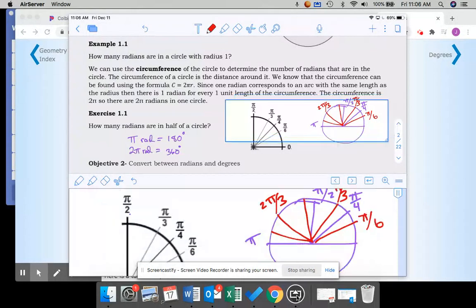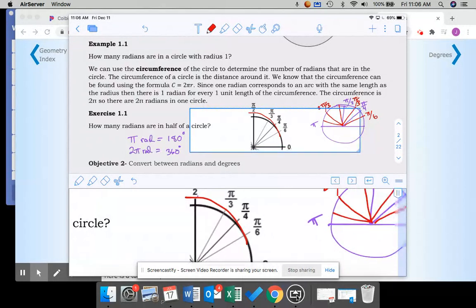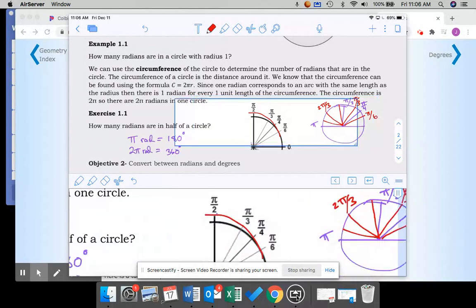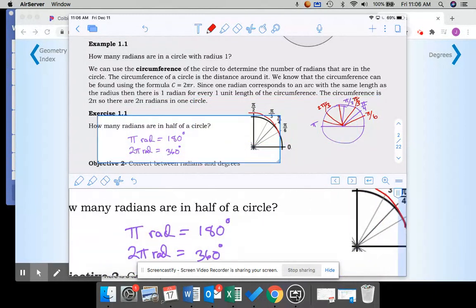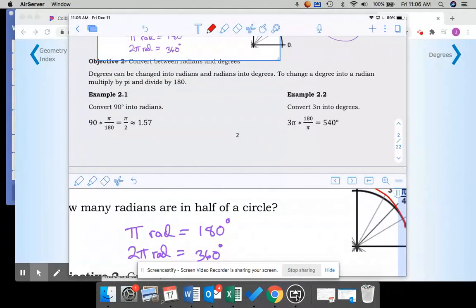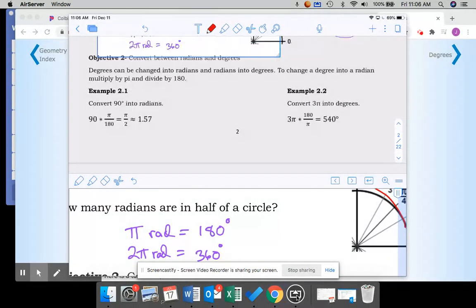The ones we usually end up focusing on are these guys. You've got the pi over 2, pi over 3, pi over 4, pi over 6. We'll talk a little bit more in 6.2 where these relate in our unit circle, but that's what a radian is. Okay, pi radians is 180 degrees. A system we've been working with is degrees, so we need to learn now how to convert between radians and degrees. Let's go down to the exercises on page